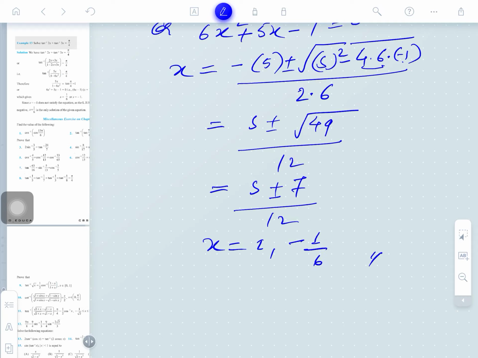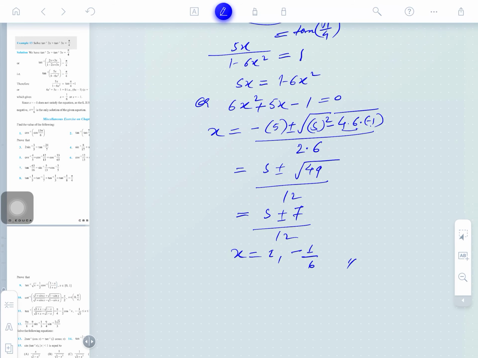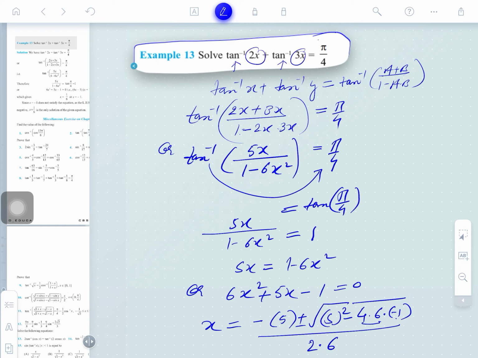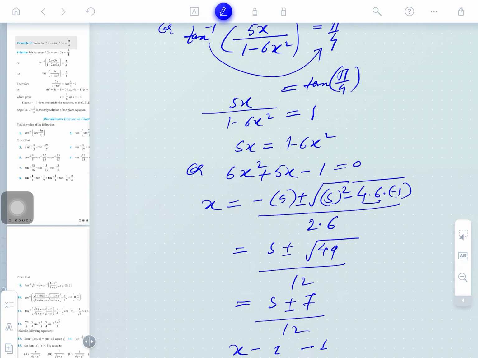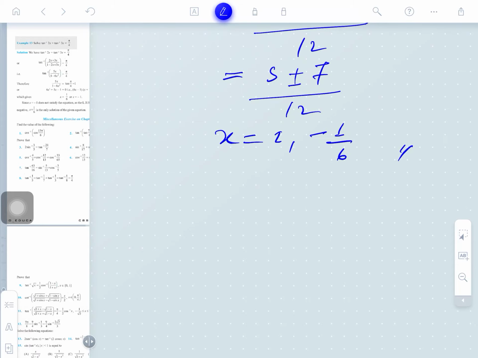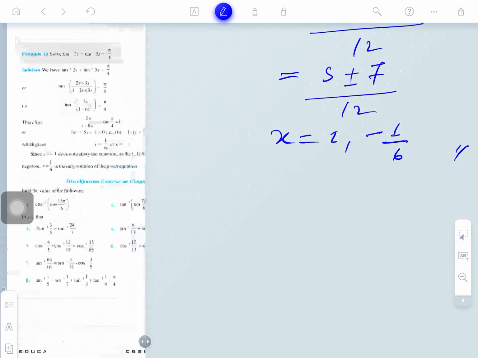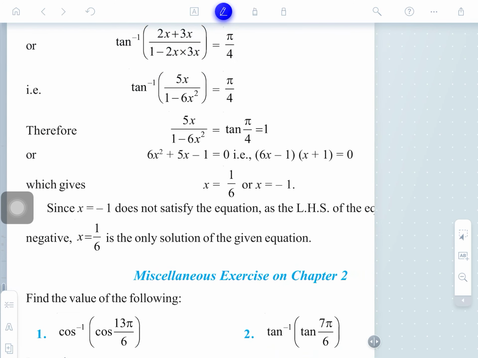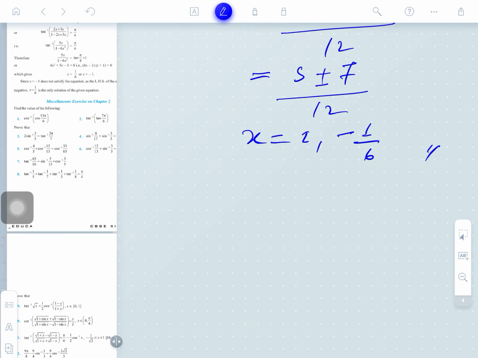So you need to tell what type of function this satisfies. This is the tan inverse function. So what is the domain of tan inverse? Minus pi by 2 to plus pi by 2. You have to remember the domain and put the values here, whether 1 or minus 1 will come. So what is the right answer for this? One of them is giving negative or positive. Is 1 by 6 negative, minus 1, satisfying the relation?